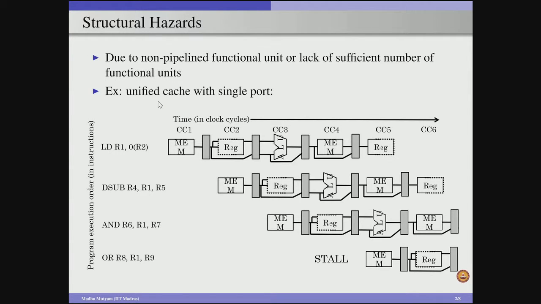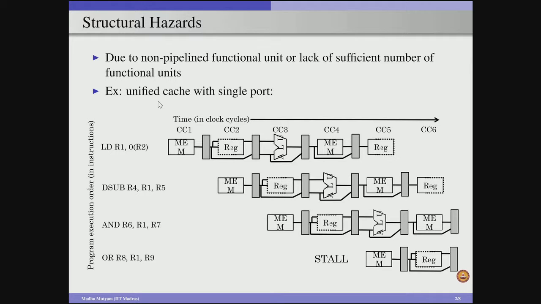The meaning of unified cache is that this cache can store both the instructions as well as the data, and we also consider that this unified cache has a single port. Now you can see here in the fourth cycle we are performing a load operation through this unified cache. Because the first instruction is a load instruction which wants to load the data from the unified cache, effectively in CC4, cycle 4, we are going to use the unified cache for data read operation,